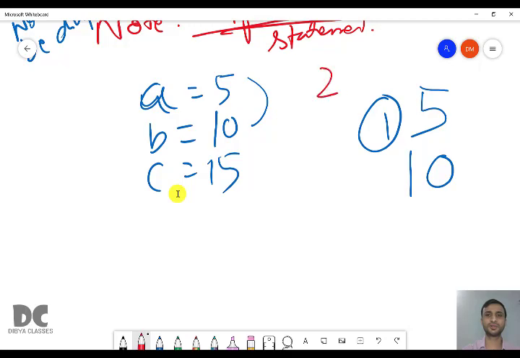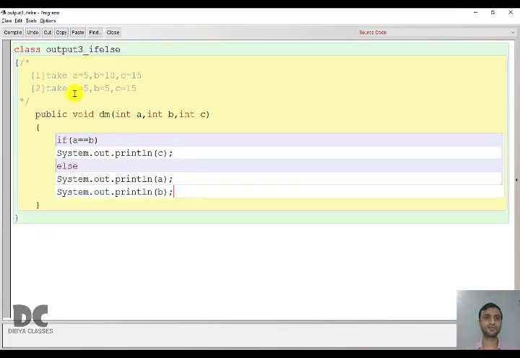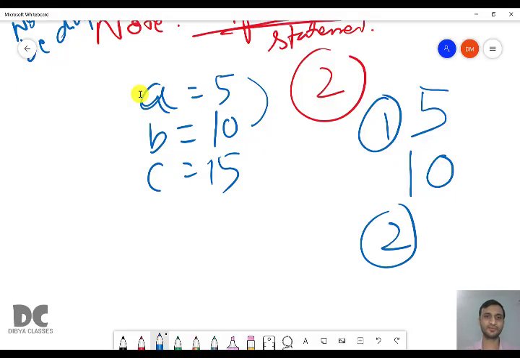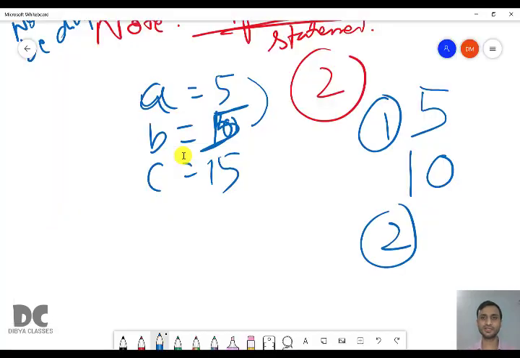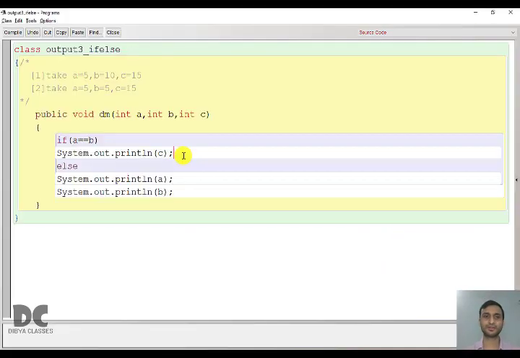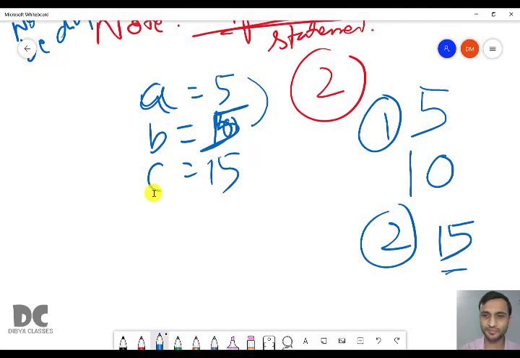We are solving for question number 2. So next bit, we are taking the value of A as 5, B as 5 and C as 15. A is 5, B is 5 and C remains 15. So 5 equal to 5, this time it is true. True means it will print the value of C. Value of C is 15. And this time the else block will not get executed because we have already executed the if block, that is the true block. So it will come out of if else and go to statement X and it will print the value of B, and the value of B is 5.